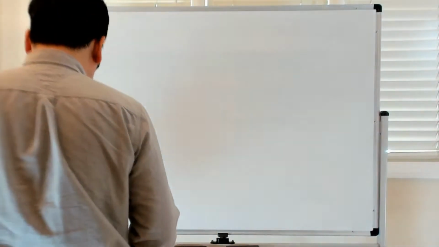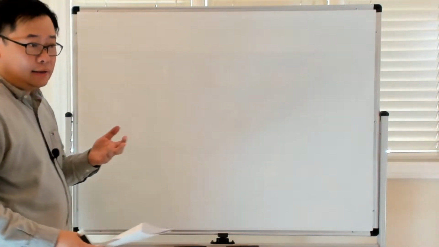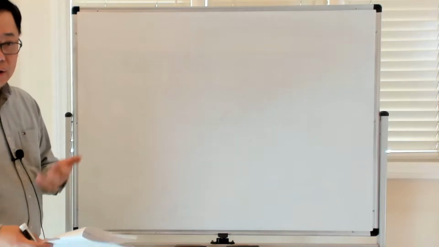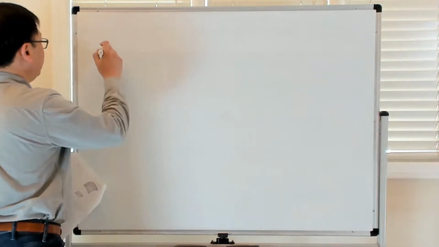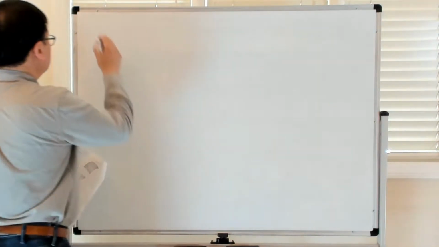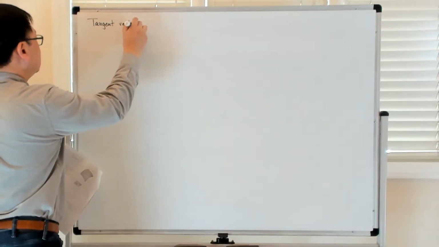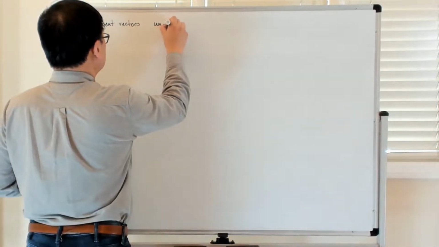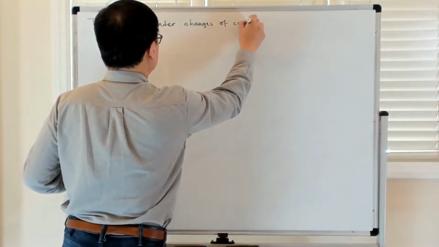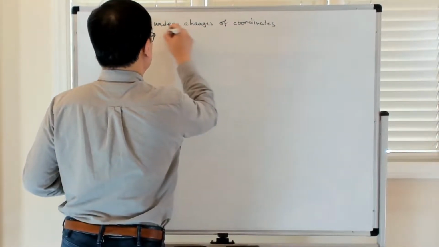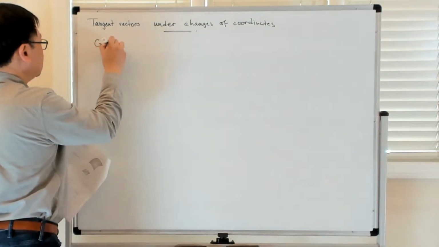All right, so I'm first going to say a little bit more about tangent vectors, viewed as directional derivatives, and how they change under changes of coordinates. If you recall, if you have two charts, tangent vectors under changes of coordinates, right? So if you're given two coordinate systems,